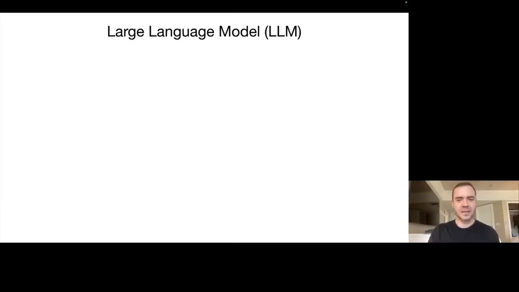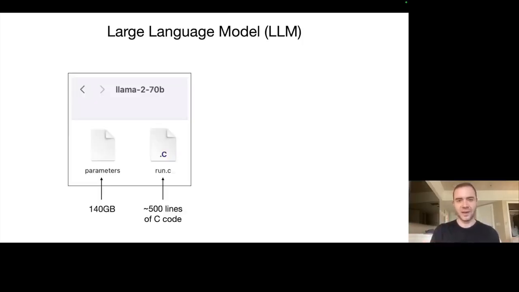Okay, so let's begin. First of all, what is a large language model really? Well, a large language model is just two files, right? There will be two files in this hypothetical directory. So for example, working with the specific example of the Llama 2 70B model, this is a large language model released by Meta AI. And this is basically the Llama series of language models, the second iteration of it. And this is the 70 billion parameter model of this series. So there's multiple models belonging to the Llama 2 series, 7 billion, 13 billion, 34 billion, and 70 billion is